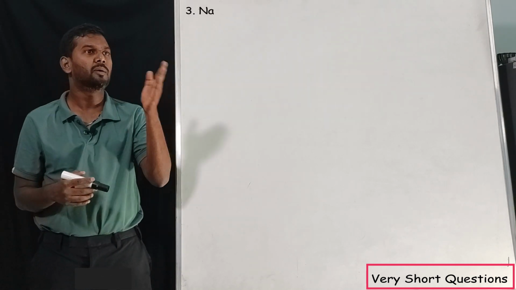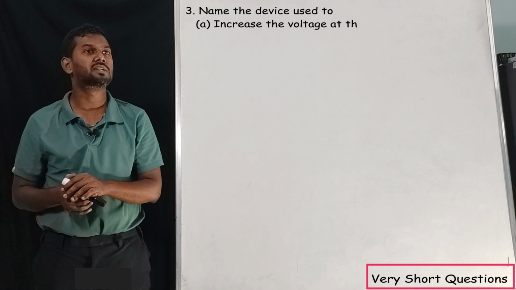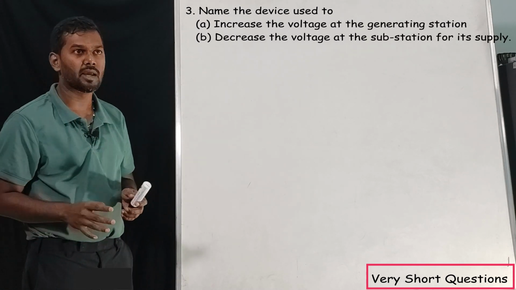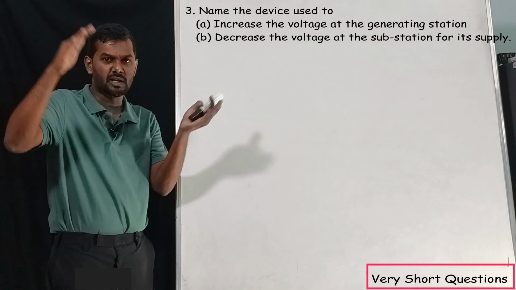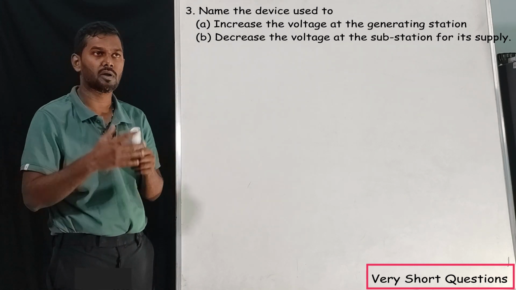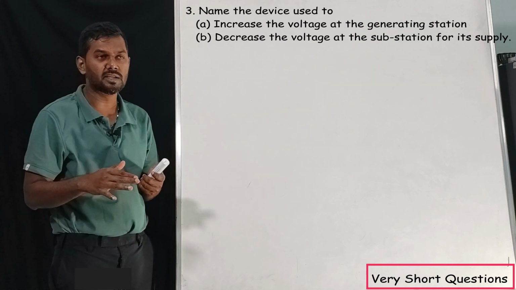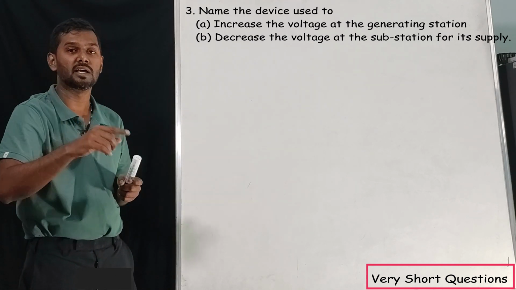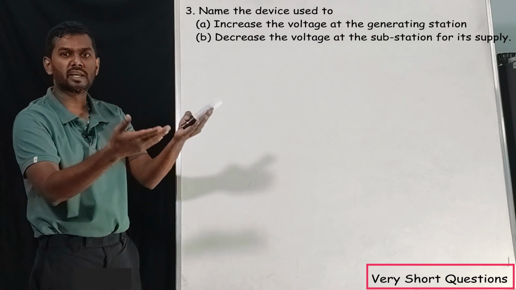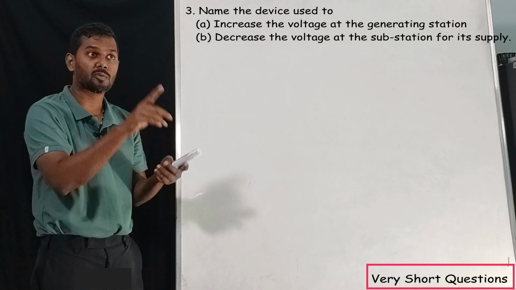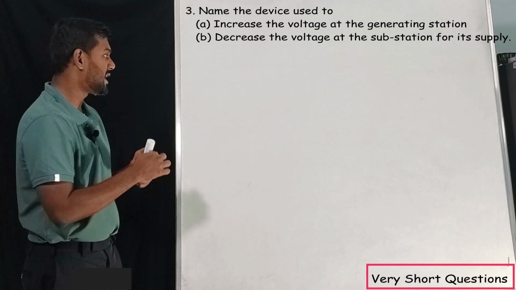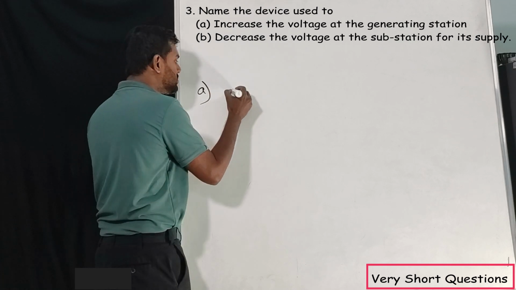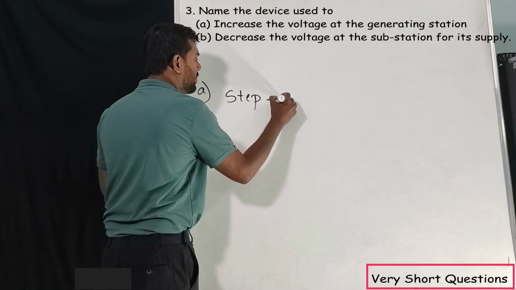Our next question, name the device used to increase the voltage at generating station and decrease the voltage at substation for its supply. We know to increase or decrease the voltage we need a transformer, but specifically they are asking what type. How can we increase or decrease the voltage? Because of the transformer, and they are asking what type exactly. So for sub question A, we need to increase the voltage, right? So it is called as step up